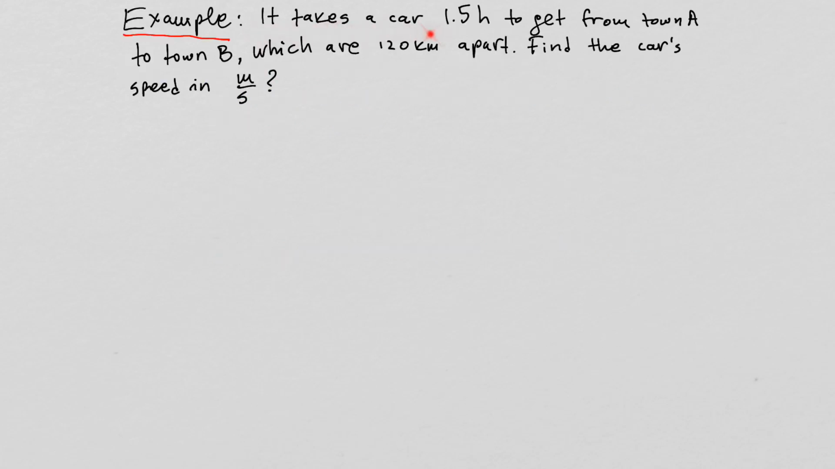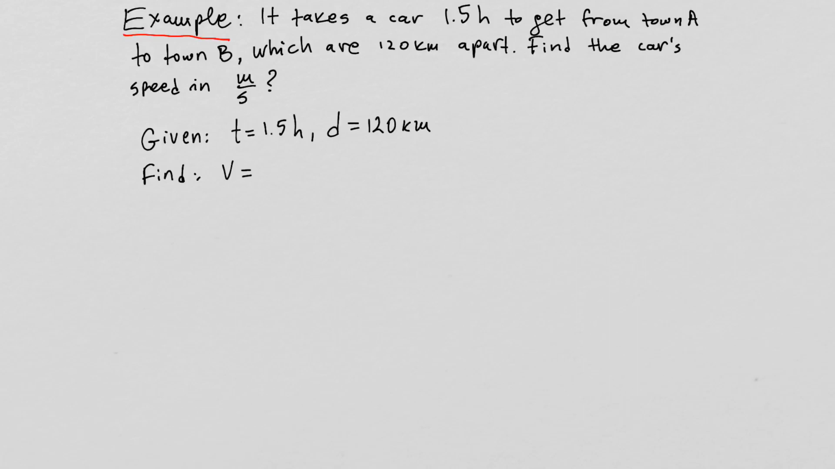Now let's look at the following example. It takes a car 1.5 hours to get from town A to town B, and those two towns are 120 kilometers apart. The question is, what is the car's speed in units of meters per second? Okay, so let's see what we have given in this problem. The information provided is that the time of travel was 1.5 hours and the distance of travel was 120 kilometers. And we are asked to find the speed,